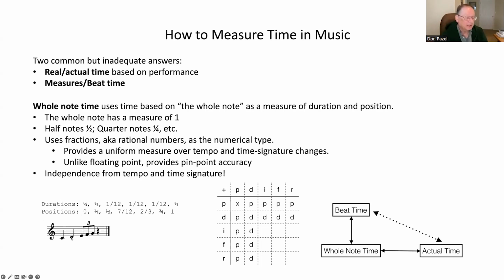The next one is at position of quarter for a quarter. Oh, this note is at position a half for a 12th. This is a 12th note, believe it or not, because I have this funky triplet notation to it, and so forth and so on. And this gives me the uniformity I want, and a nice number system that I can use to look at and pinpoint where a note is in relationship to others within a score.